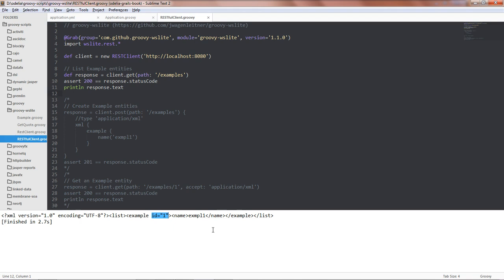It is the ID that is set by Hibernate under the hood for our entity that is now in our H2 memory database. Okay, it's very interesting. So let's continue with